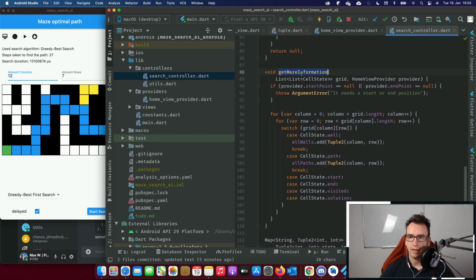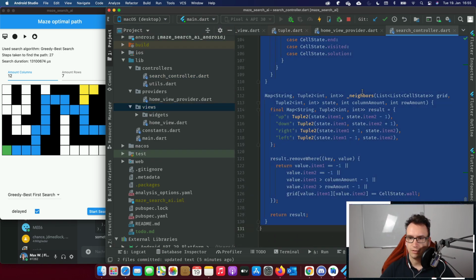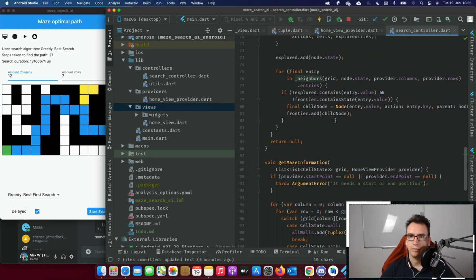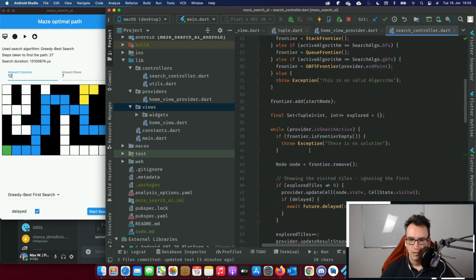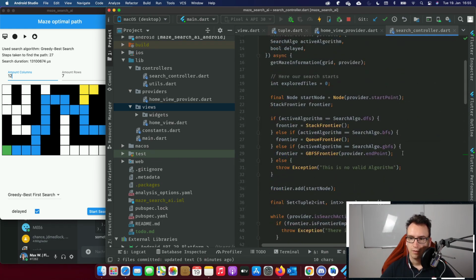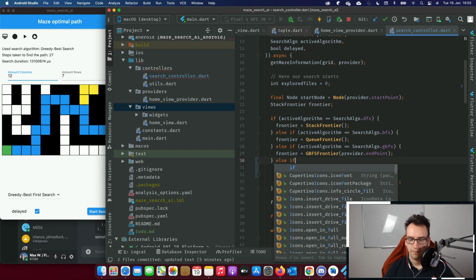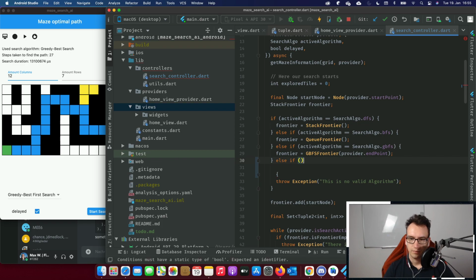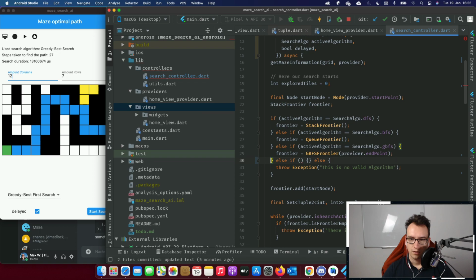Remove, get maze info. We have the view, we have the tuples, we have the neighbors, and we want to have that inside of the... here. So at this place we will have another if and a last else. And here will be the active algorithm